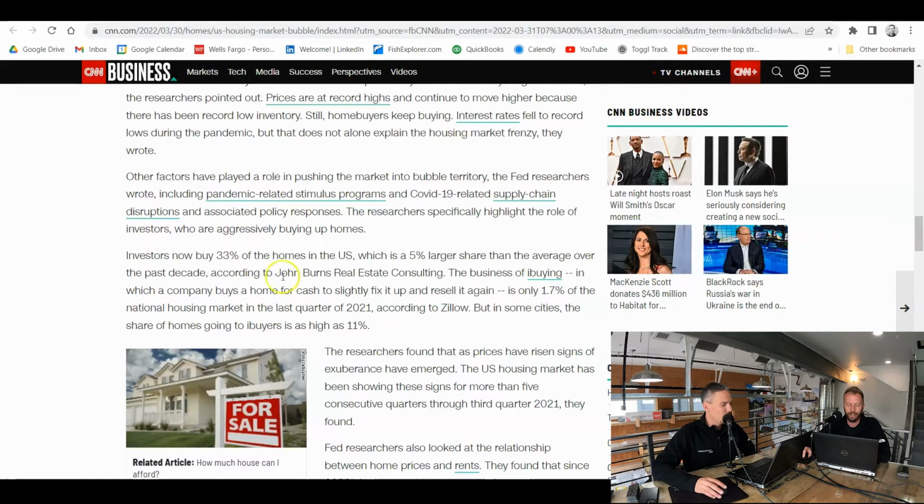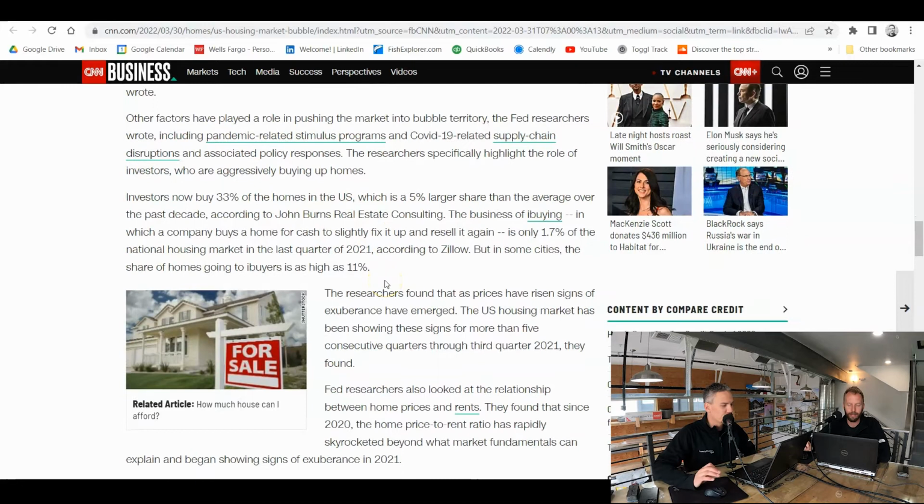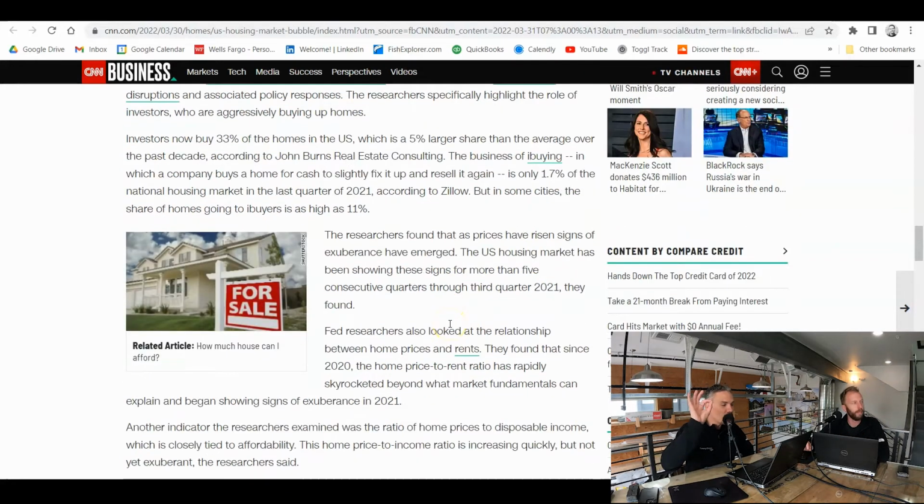And associated policy responses. The researchers specifically highlight the role of investors aggressively buying up homes. This is a critical part, and what I alluded to earlier. Investors now buy 33% of the homes in the U.S. Oh, terrible! I hate it. I know I'm a capitalist and free, but I hate that. It's real hard to...